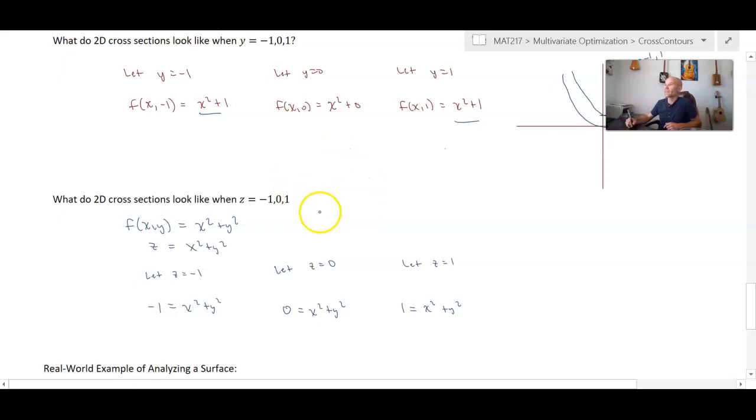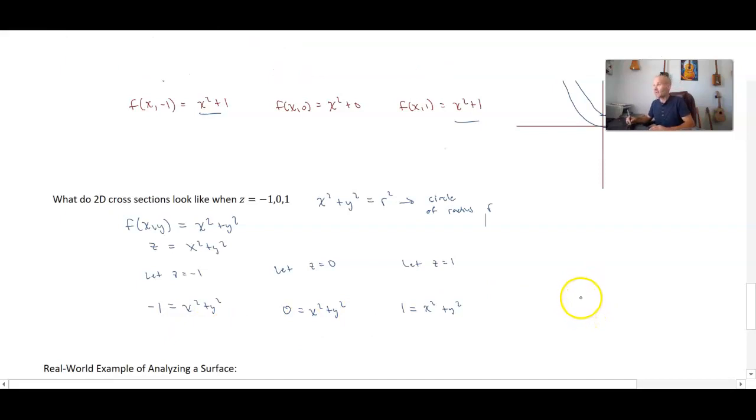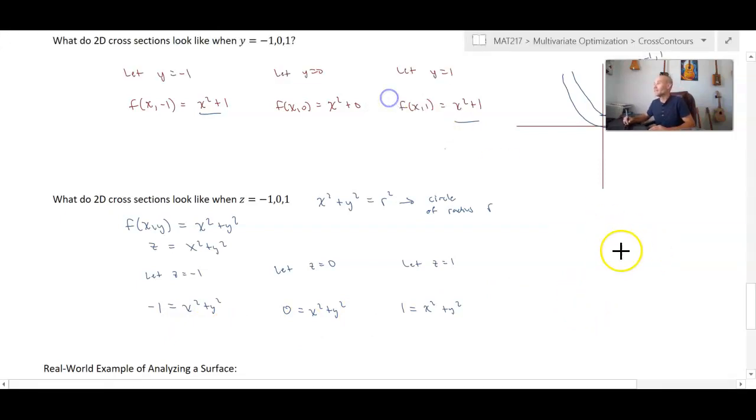Now what I will say is that if we remember some things from algebra, which we may have forgotten, x squared plus y squared equals r squared is a circle of radius r. Now, in this case, what's this going to produce? Well, you can't have a negative radius. You can't have a negative. So for z equals -1,